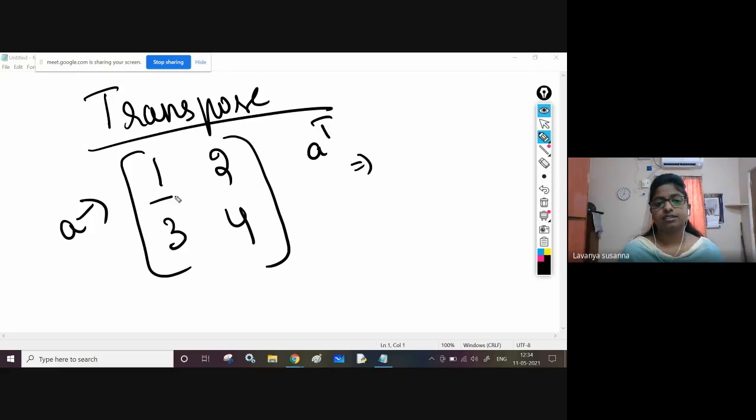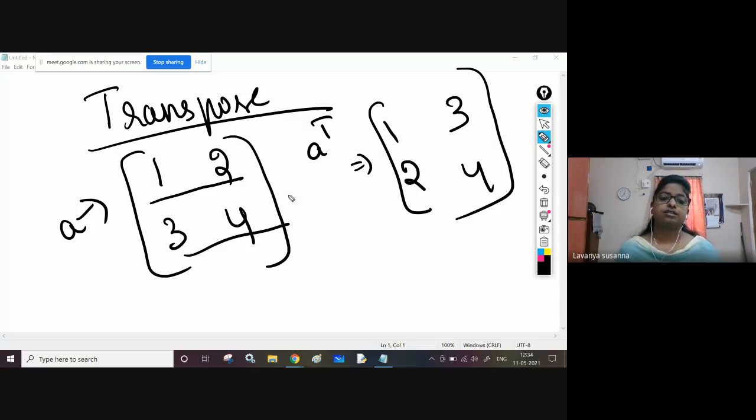Okay, see, 1, 2, 3, 4. This is what you are going to get. Once again, see what is the transpose. Now, how to find this transpose matrix? In Python, let us see it. It's very simple in Python.